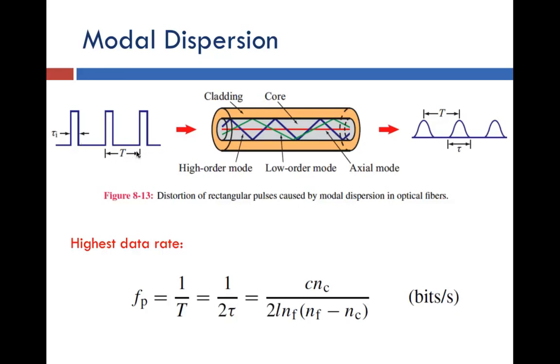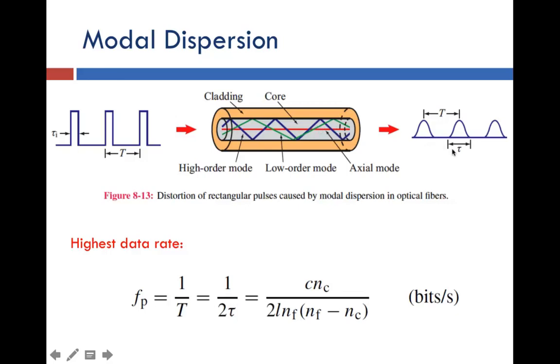You can envision that if we have multiple modes propagating down this fiber, the ones that follow the blue line actually have a much longer distance to travel because they have these multiple reflections than the red line, which is the shortest distance between the beginning and the end of the fiber. So it takes longer if the optical wave is following the blue line path. The signal will be slower if it's taking the blue line path as compared to the red line path,